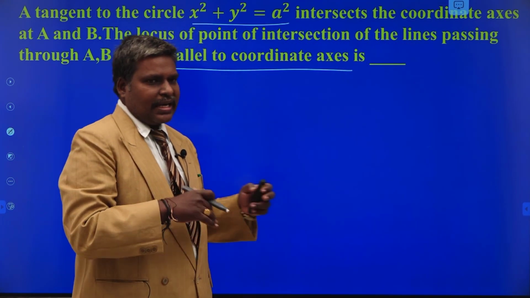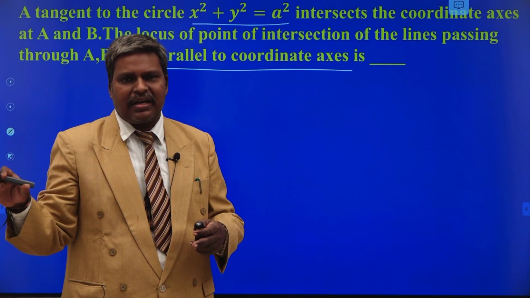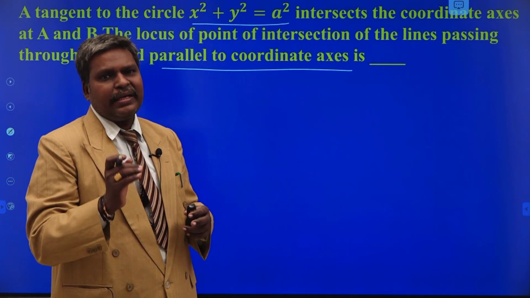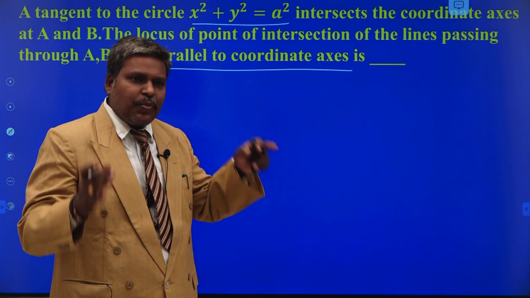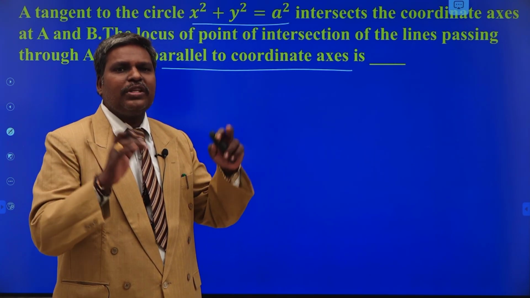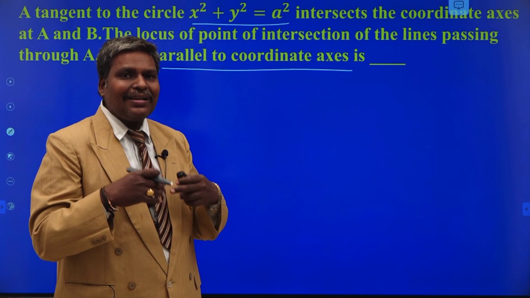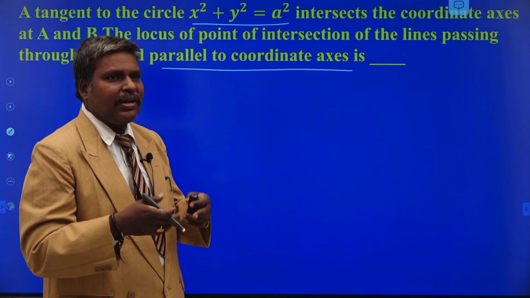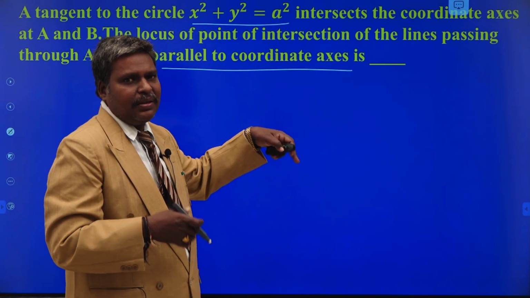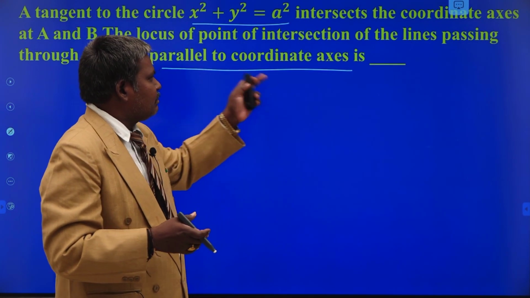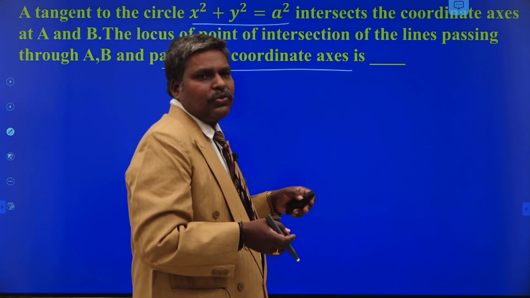We mean a circle is there. You take any point on the circumference of the circle, you can draw the tangent or not? Yes, you can draw the tangent. The tangent intersects the coordinate axes at A and B, say. At those points, you have to draw the lines parallel to the coordinate axes. Those lines meet at some other point. You have to collect all such points by drawing the lines at the extremities of the chords through A, B or C, D, like that. You get some points. You have to collect all those points. You get some locus, that is what you are going to find out here.